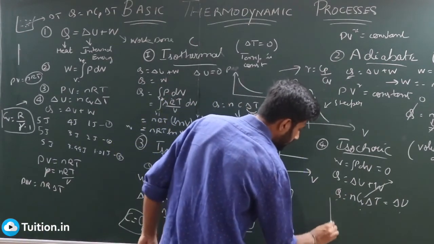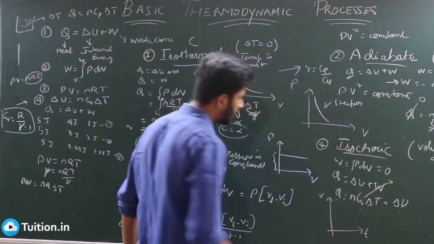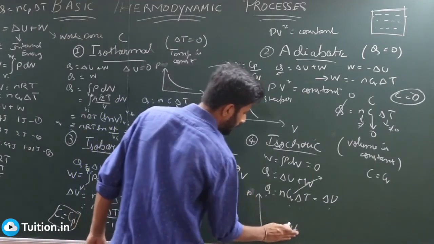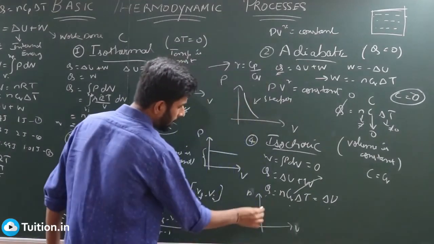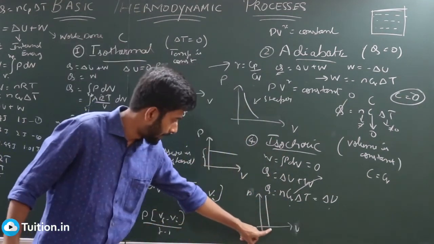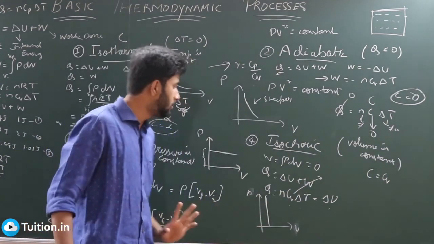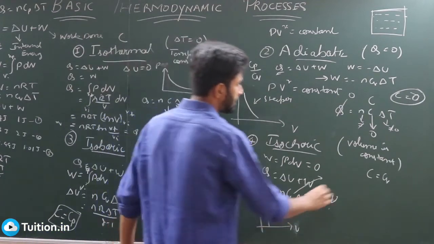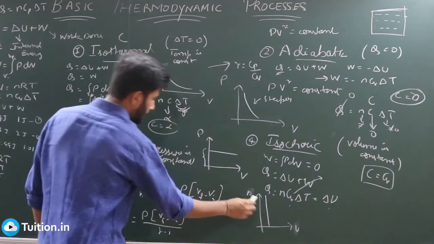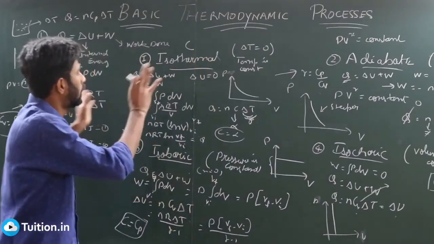What we need is the graph. How will the PV graph look like? The PV graph for this process will look like this. No matter what the pressure, the value on the x-axis, the value of the volume, has to be the same, right? So we know that C is my Cv here. C here is Cp. This is the PV graph for all the four cases. And this is the relation between Q, delta U and W for all the four cases.